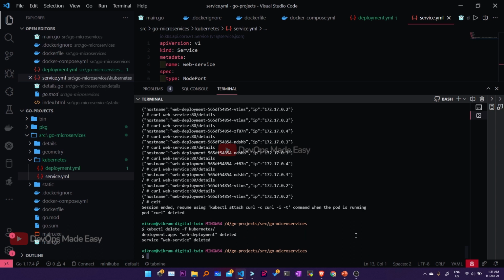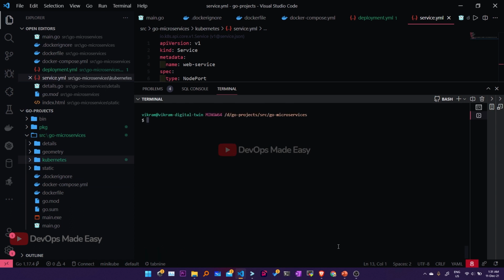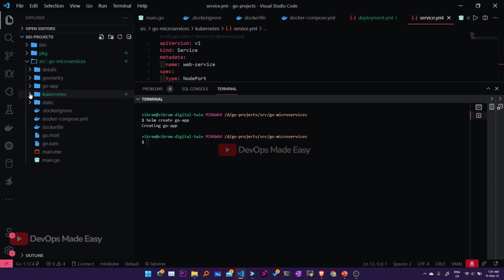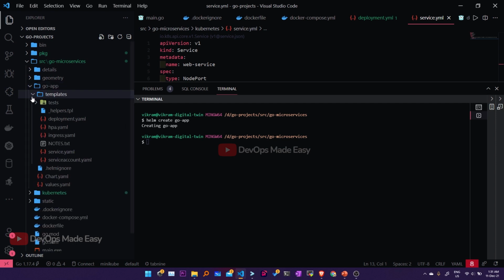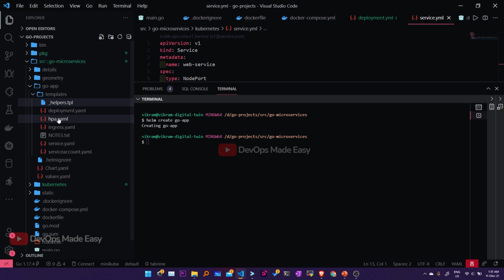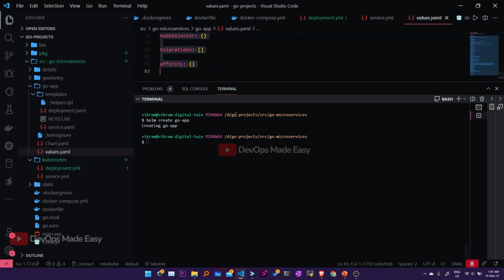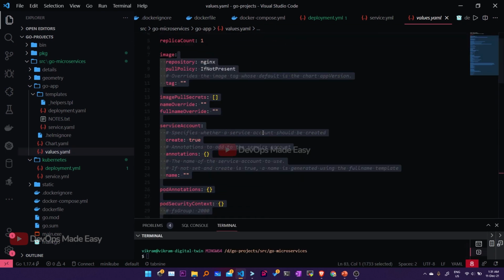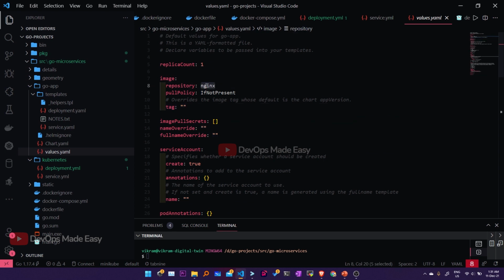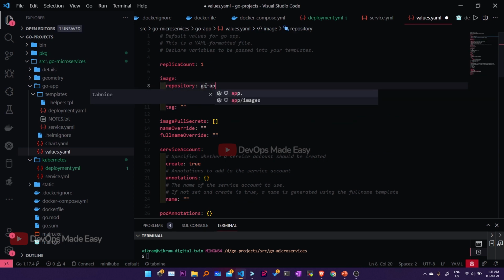Now quickly, I'm going to create a Helm chart for this. For the Helm chart, I'm going to create a template using helm create go-app. If you see here, one more folder is created, go-app, which is a Helm chart. We don't have any charts, so we'll delete it. Inside the templates, we don't want tests, HPA, ingress, or service account. Coming to the values, it is up to you to define how many replicas you need, and the image is go-app-ms,